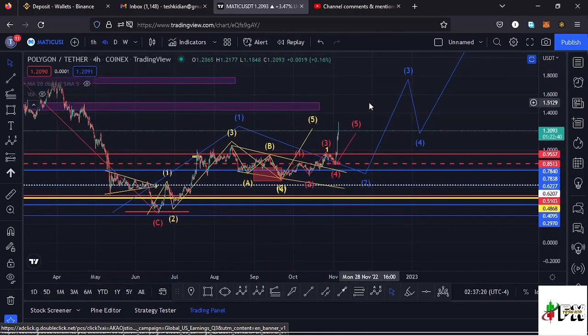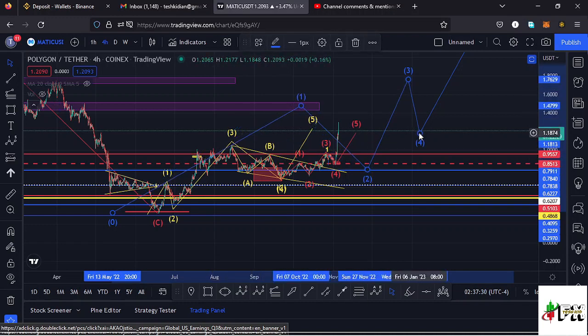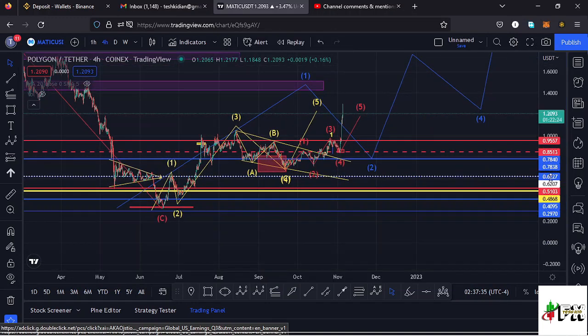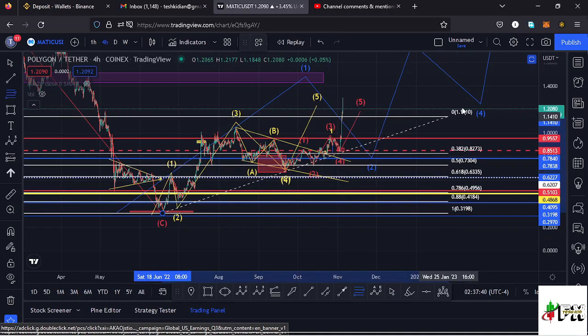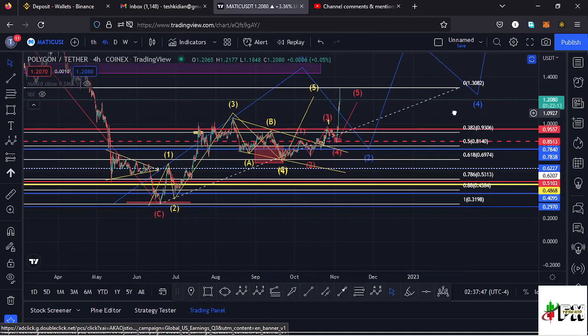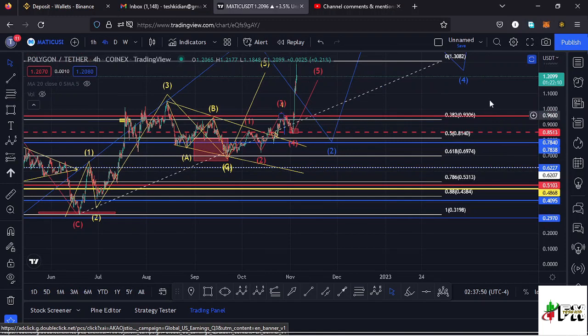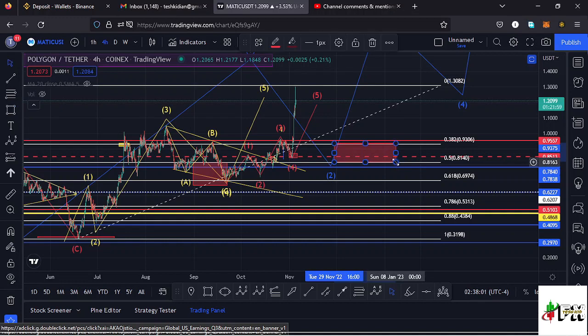And using the Fibonacci's, we can sketch out a minimum target area to the lower side in the formation of this Elliott wave count 2 over here, and once it plays out, then I would expect an impulsive movement to the upper side in the formation of a wave 3. Connecting the Fibonacci's from the low of this first wave to the high of that higher Elliott wave count 1 at around the $1.3 mark, that gives me a minimum retracement area to the lower side in the formation of a second, that is a higher Elliott wave count 2, between the fib level 0.382 and the fib level 0.5,